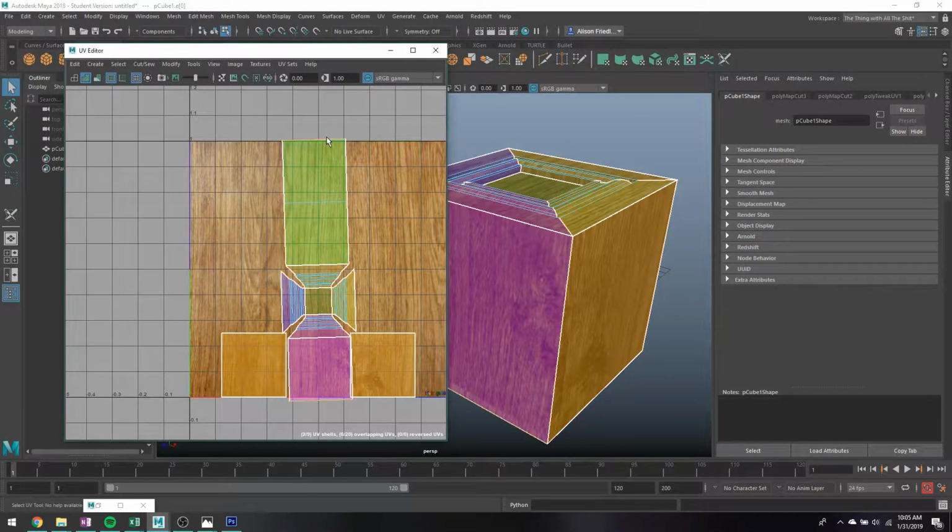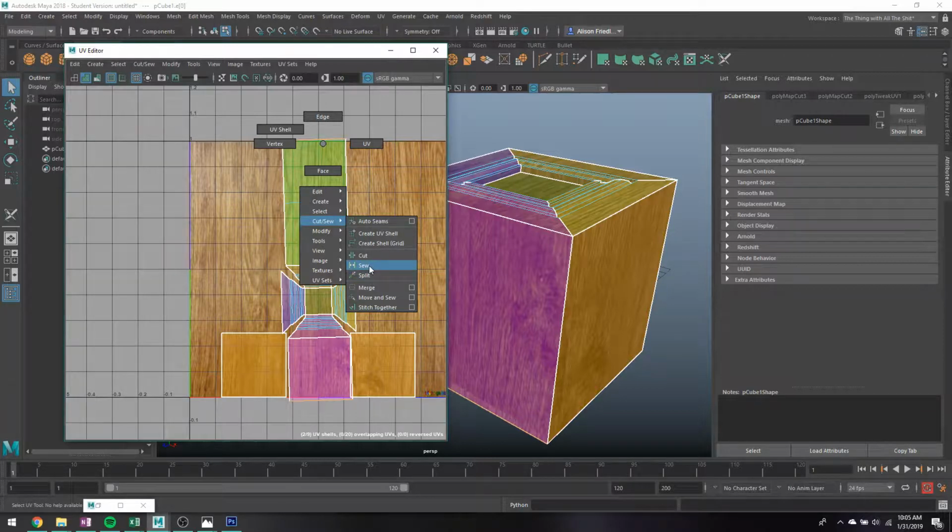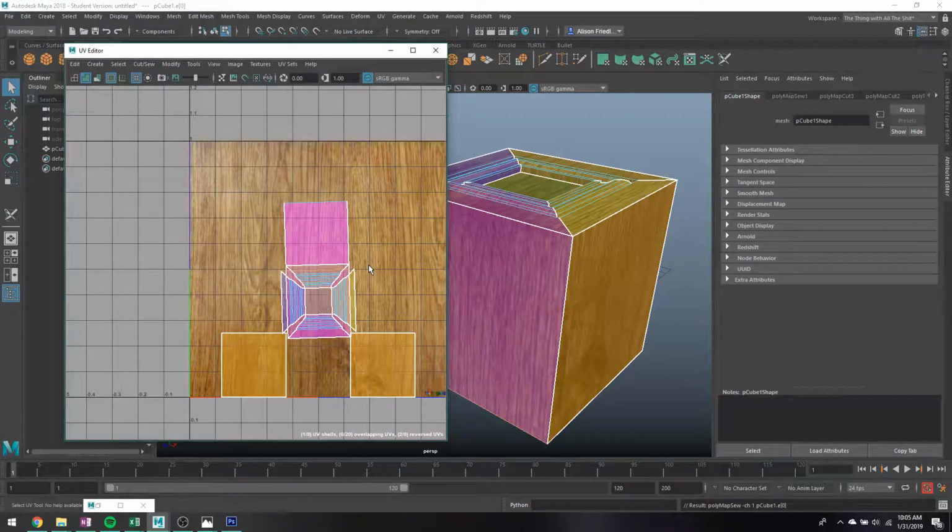What I'm actually going to do now is just go back and stitch some of the sides of the cube back together. And to do that, you should be able to do, I think it's Shift V? Actually, no. Shift C? I forget exactly what the hotkey is, but there's a hotkey for that. But in this case, it actually doesn't do what I want. It's going to do a sew function. So this is what the hotkey would do. It would do sew, which